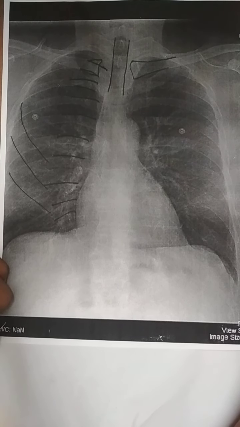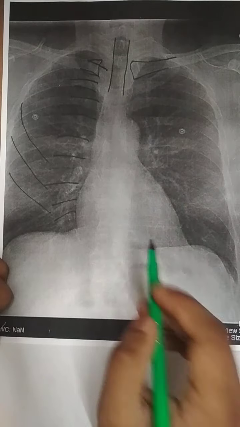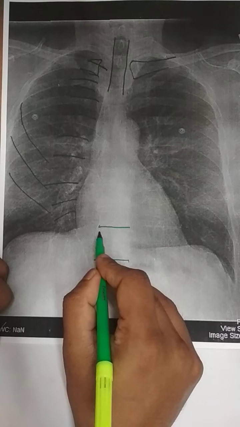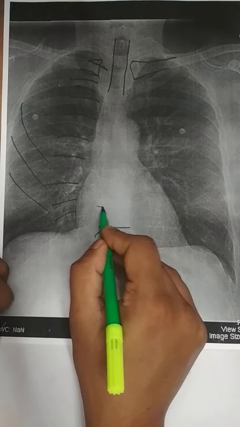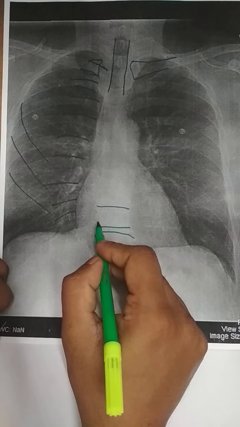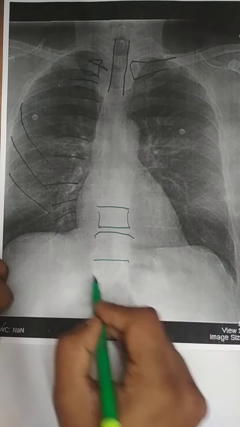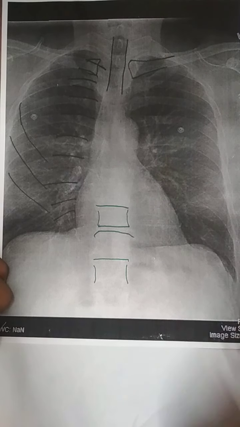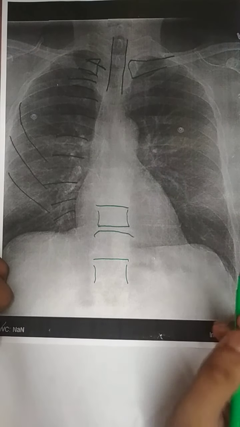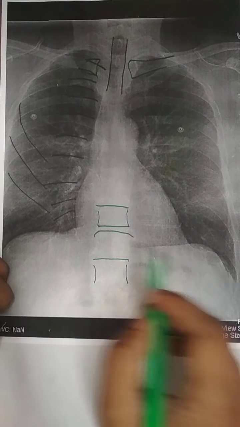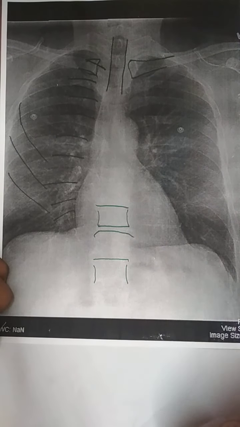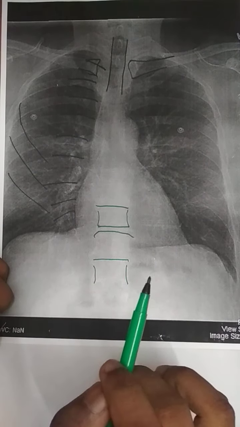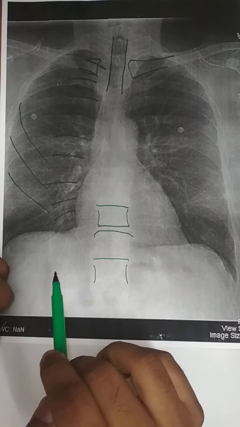Then in the bones, the third thing is the spinous processes. So in a good X-ray we can see the spinous processes, the vertebrae. It is not much visible here. So you can also make out the spinous processes and examine them for some lesions or some disc abnormality, any spinal diseases, etc. Okay, this is all about B. Then C stands for cardio and the mediastinum.